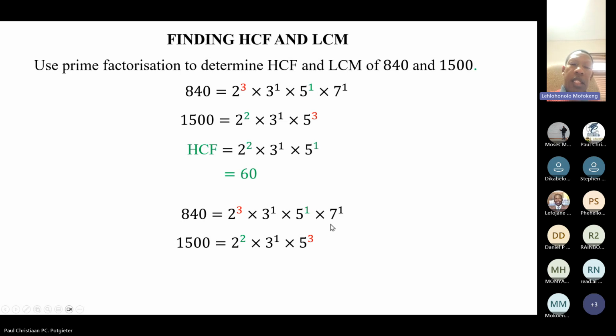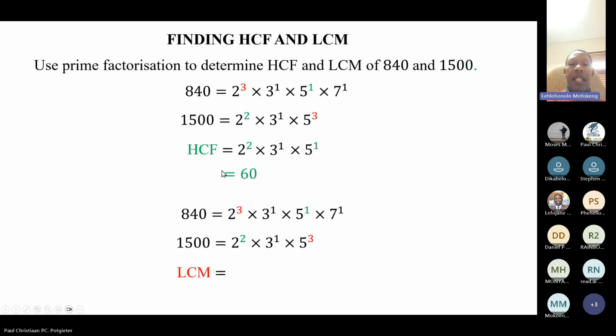I just want to repeat it. When you are looking for the highest common factor, you must take all the bases between the 2 numbers, all the bases that are common, and then you take them with the lowest exponent. And because I've emphasized that,